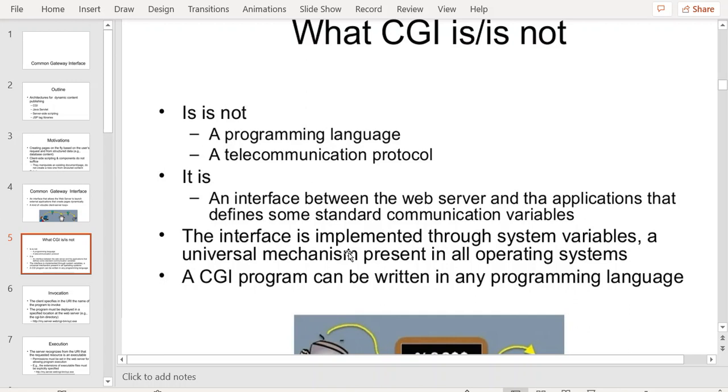There will be some variables, simply system variables or communication variables, from your client to the server. The interface is implemented through system variables, a universal mechanism present in all operating systems. That is very important. You just imagine you can book a ticket either in a